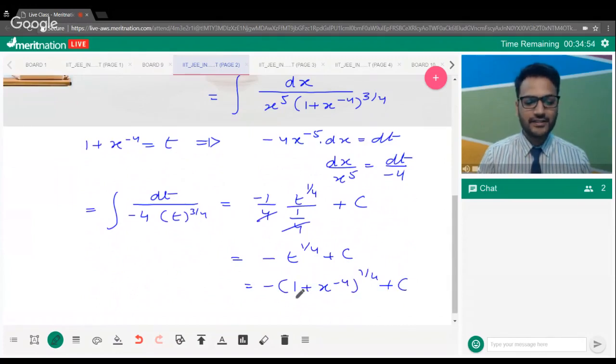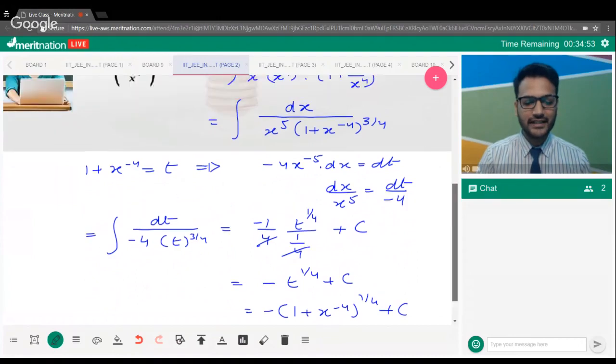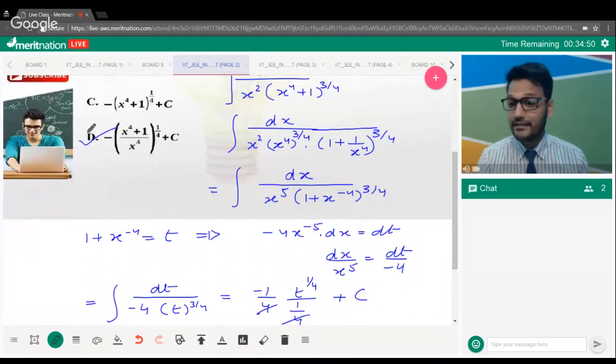So this turns out to be the answer to the question. If you want to expand it, as soon as you can expand, you will have your answer as D. Now, indefinite integration gives you a